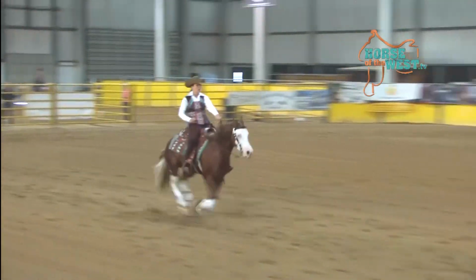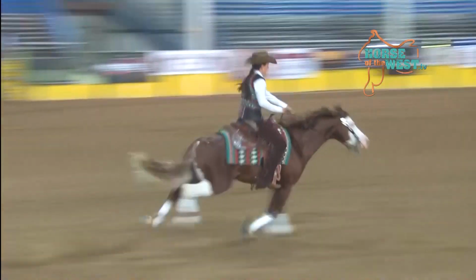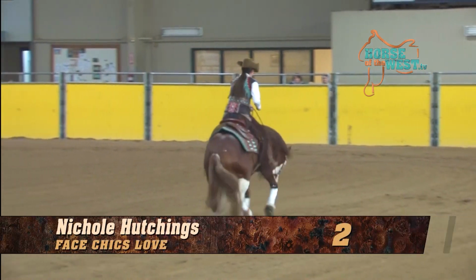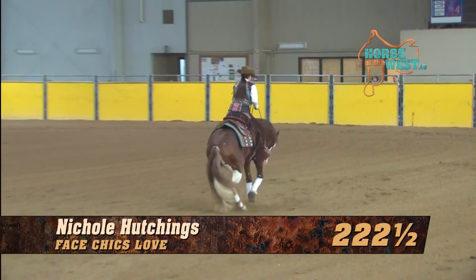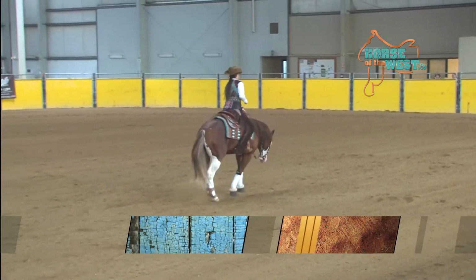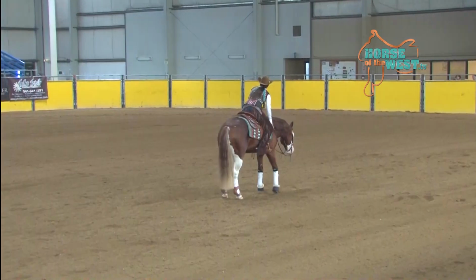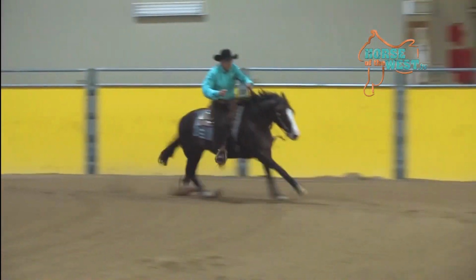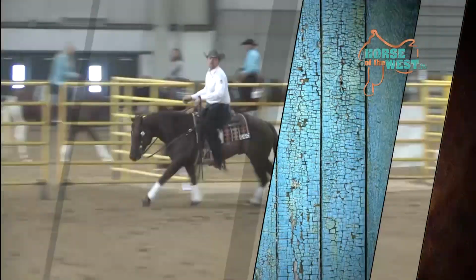Nicole and Face Chicks Love are also entered in the 4-year-old only class. And so their decision to hold off on the Futurity season pays off double. They win both with a 2:22.5. In the Derby, Nicole is just half a point out of first in levels 3, 2, and 1. With a 2:23, Jackson Porth and Sparkin' Dunnett will earn those 3 titles,